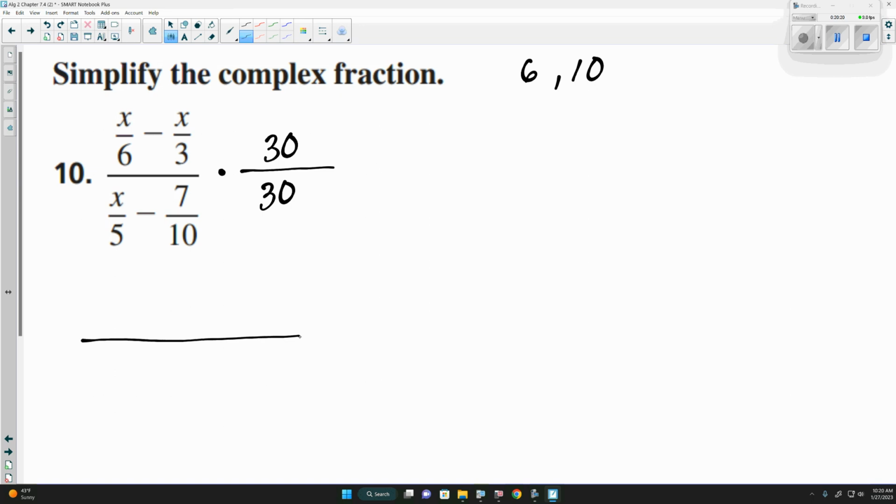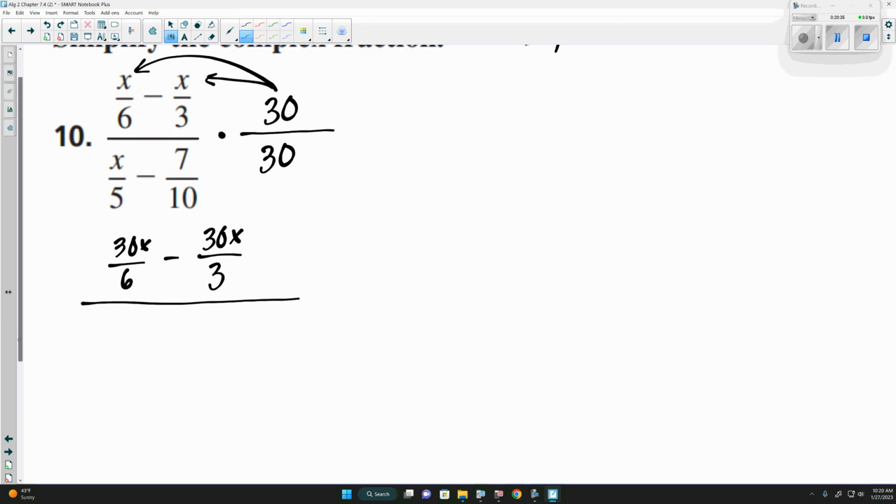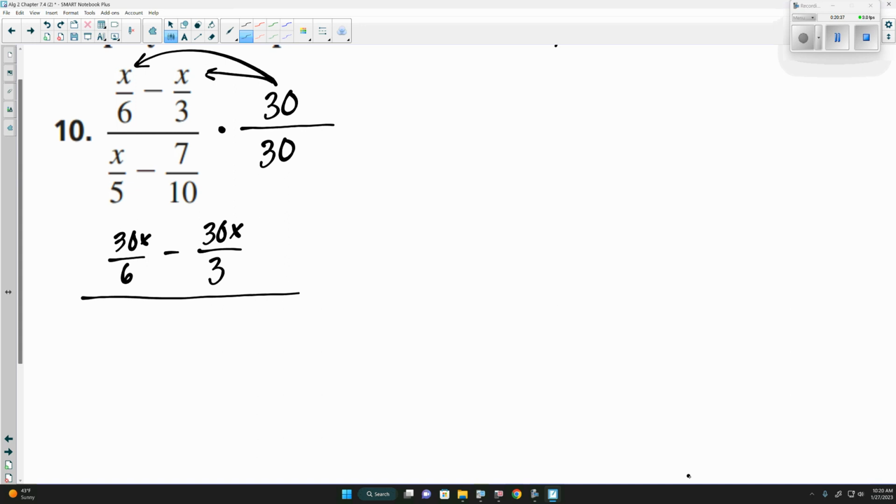So we'll multiply each of these fractions by 30. So we'd have 30x over 6 minus 30x over 3. And the denominator will do the same thing. 30 times x is going to be 30x over 5 minus 30 times 7 is going to be,